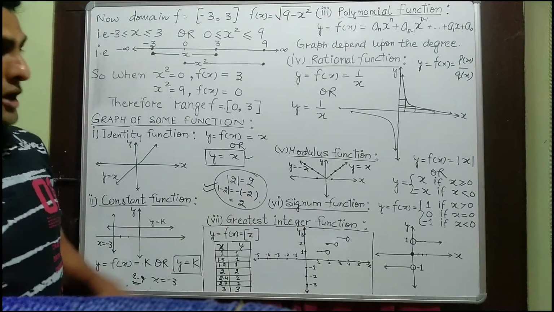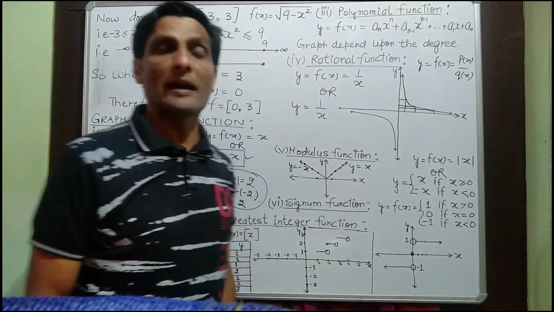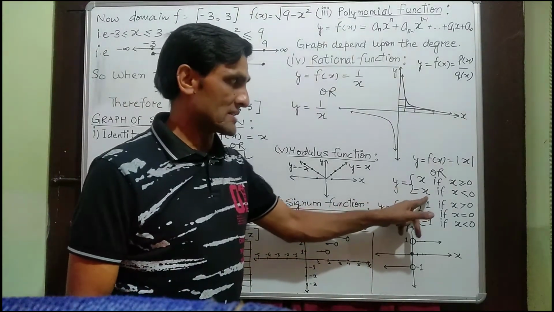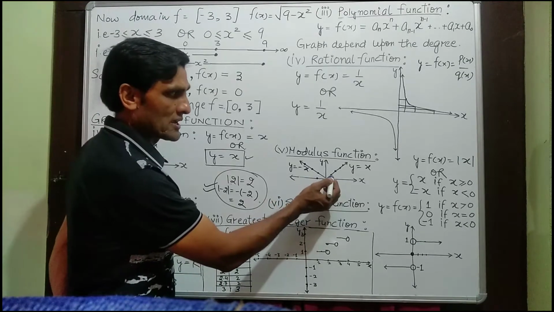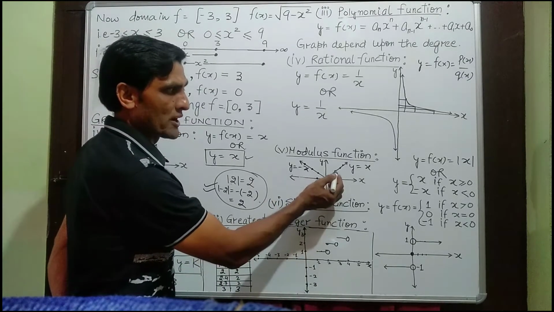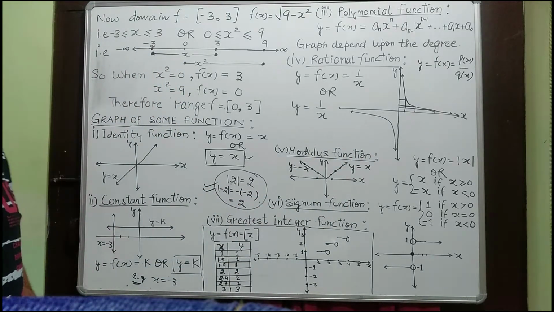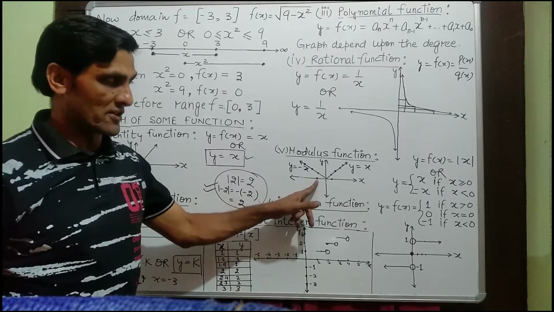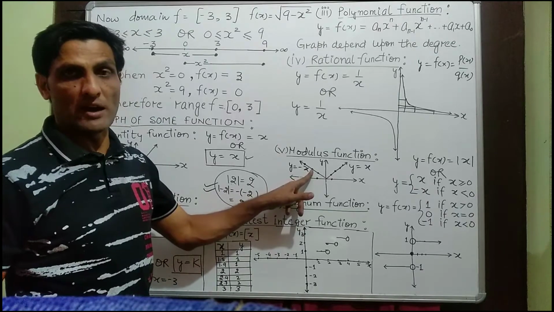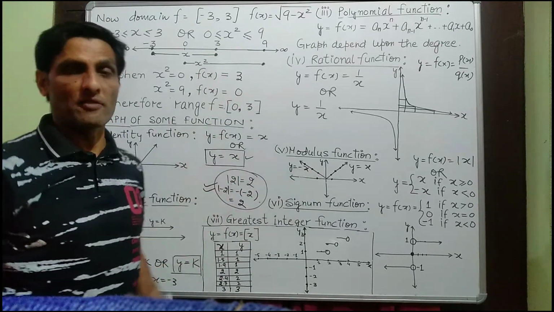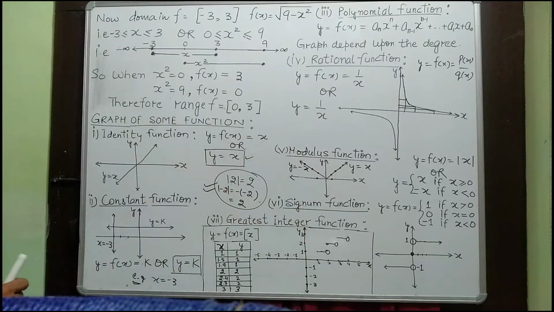So now you have to draw the graph of y = x on the right side of the origin, and y = -x on the left side of the origin. So when x is 1, y is 1, one point; when x is 2, y is 2; when x is 3, y is 3; the graph will be like this. Similarly for the negative side, when x is minus 1, y will be 1. So this is the point. When x is minus 2, y will be 2. So this is minus 2 and 2. The graph will be this. So these two graphs are mirror images of each other.